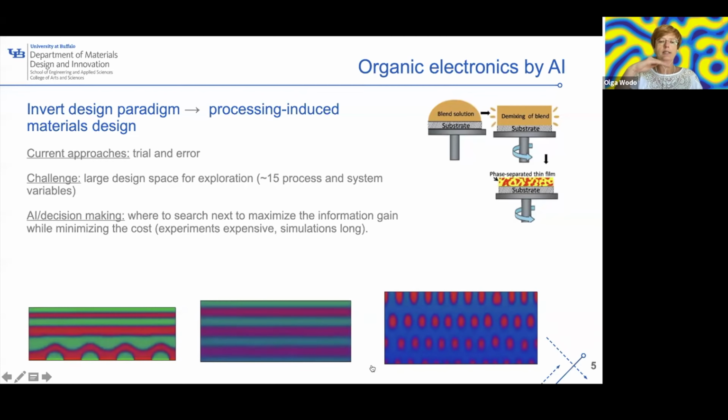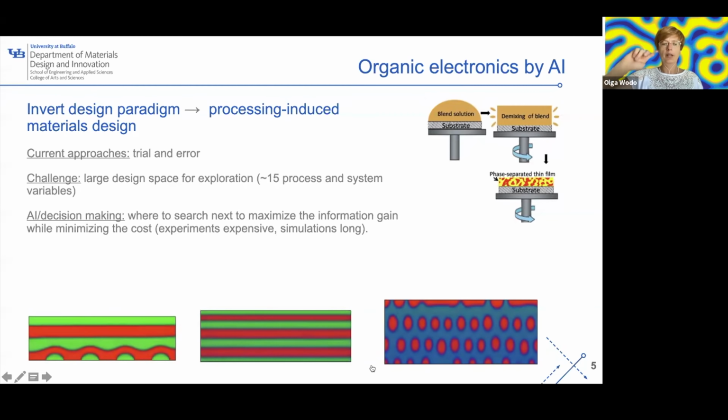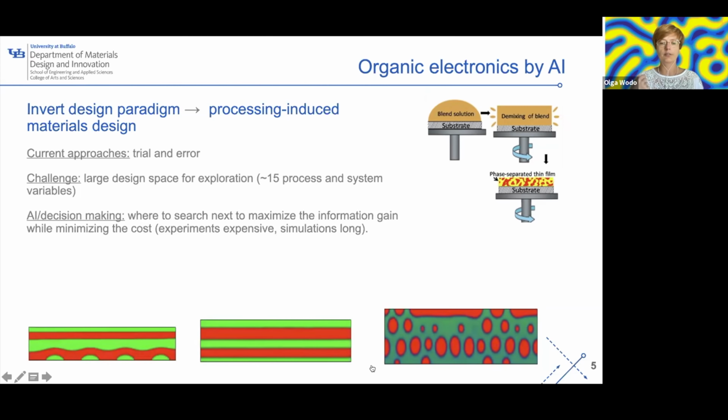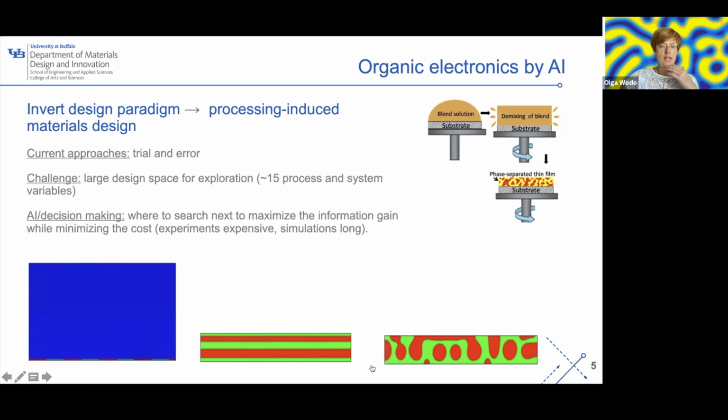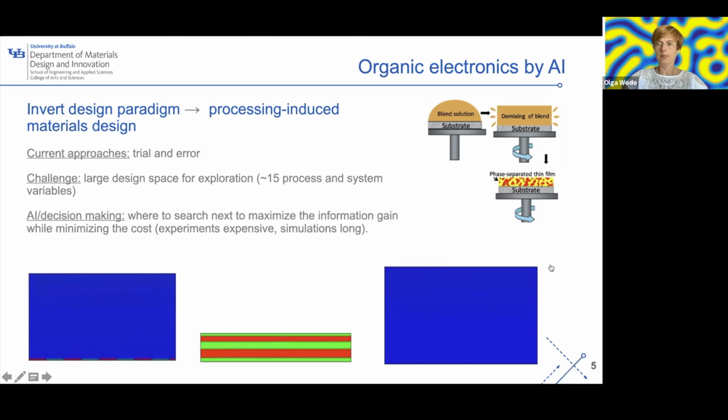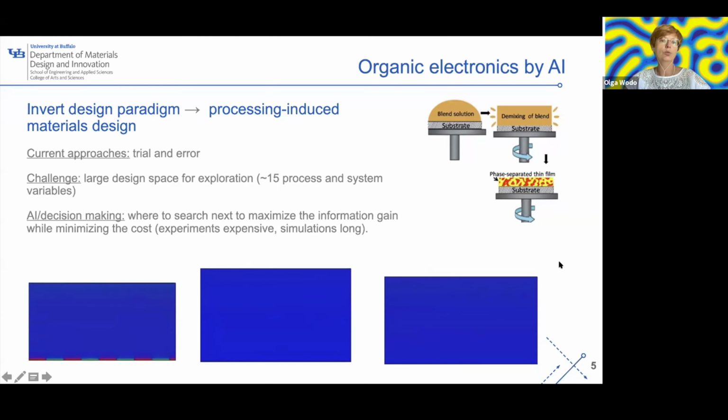And as you can see, as solvent is removed from the system, we have a gradual formation of the phases. Details are maybe not that important, but one change in your design parameters resulted in a completely different final microstructure, right? So we would like to be able to explore this design space in a smart way. This is one of the challenges in materials science, that we really need to find some good way